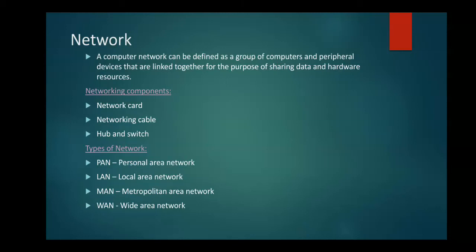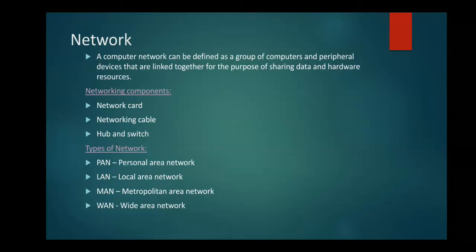Hubs and switches. Network cards are used to send and receive the data over the Ethernet cable. Switches and hubs are used to connect multiple computers within a network, where the switch and hub act as a central point of connection for all the computers on a network. Every computer plugs into the hub or switch. There is a port where one cable is connected to the client computer and the other end is connected to the switch.